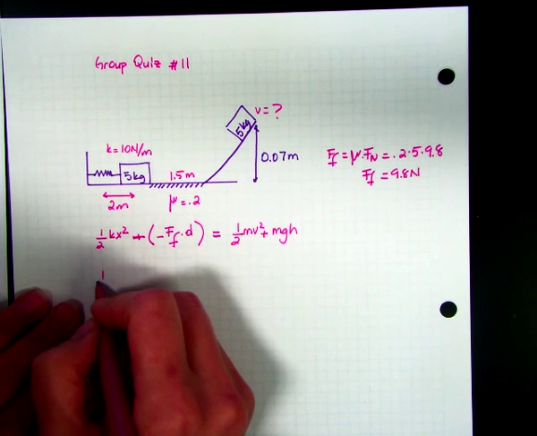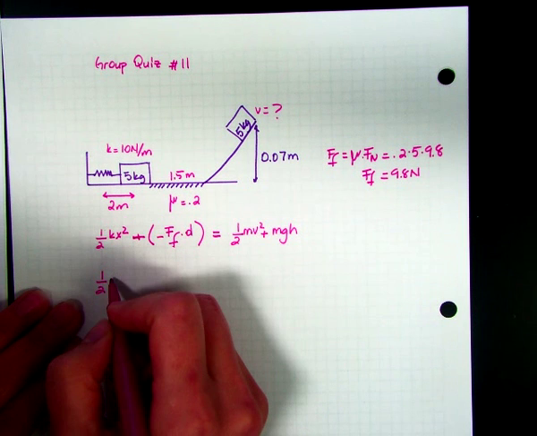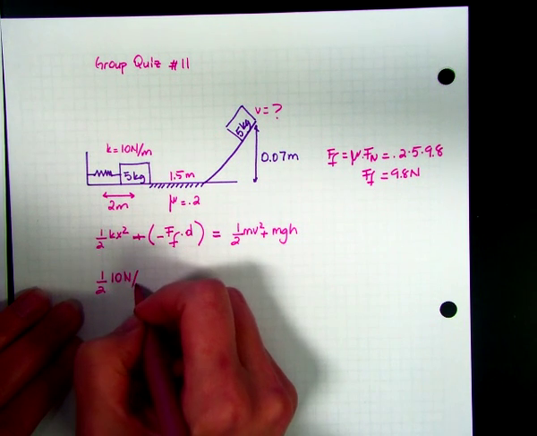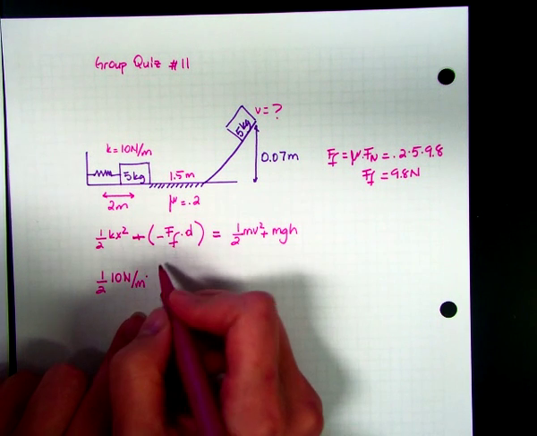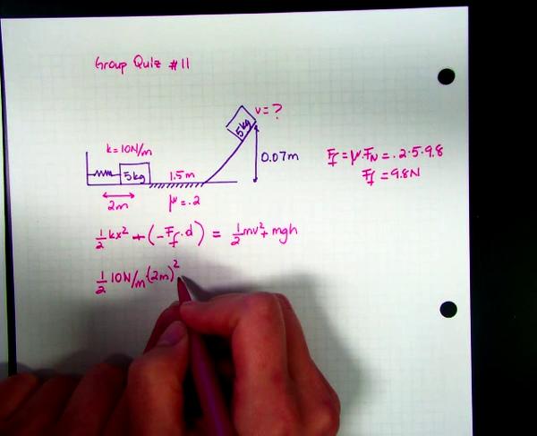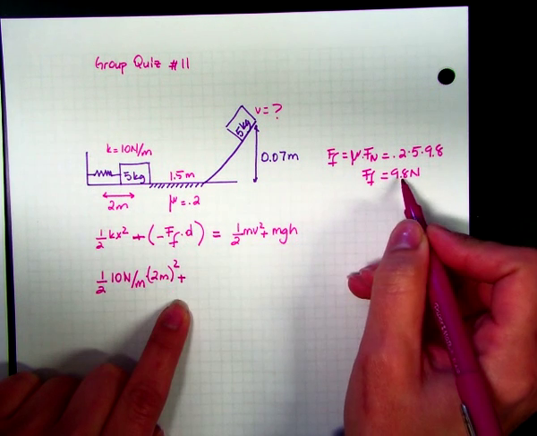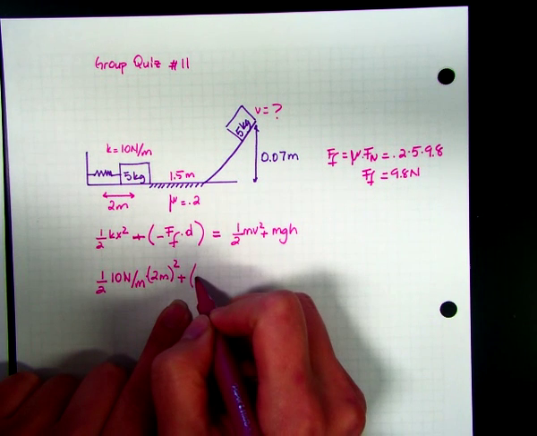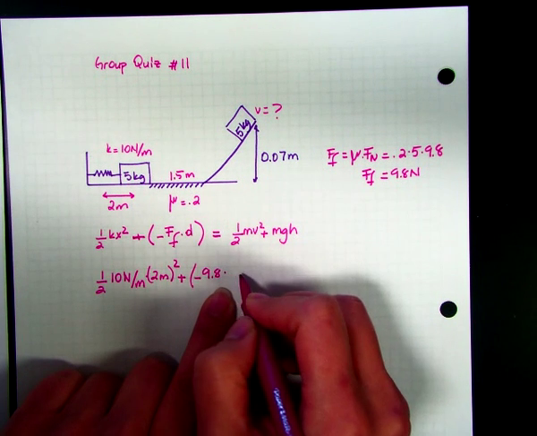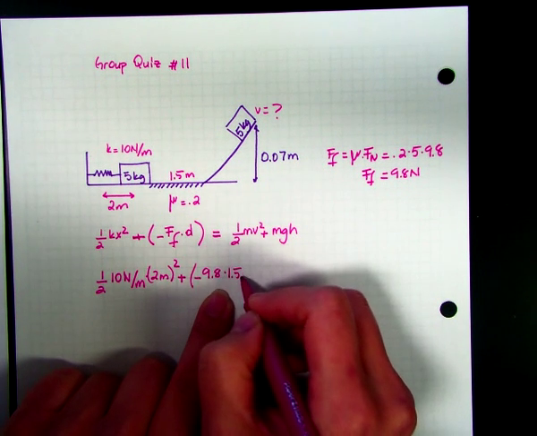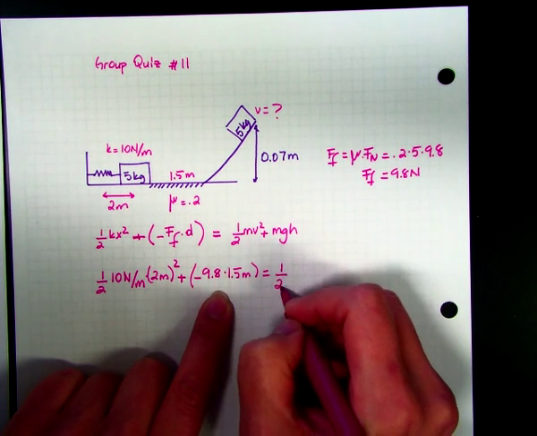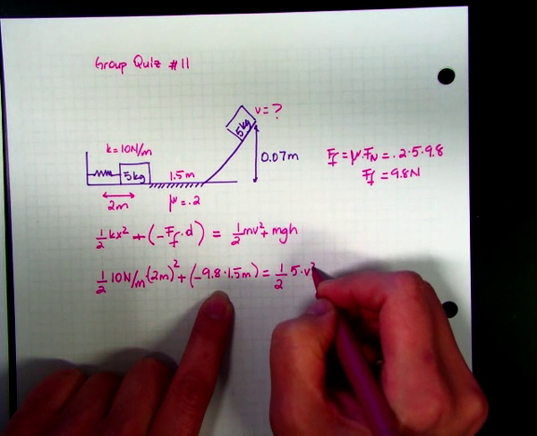I'm going to start off with K, which is spring constant 10, and then I'm going to multiply by the distance it is compressed, which is 2 meters squared. And then I'm going to add on the friction force that I found here, which is minus 9.8, and the distance applied is 1.5 meters. Okay, and then the kinetic energy will be